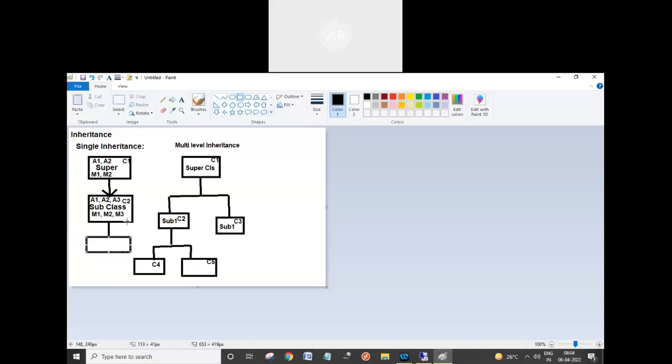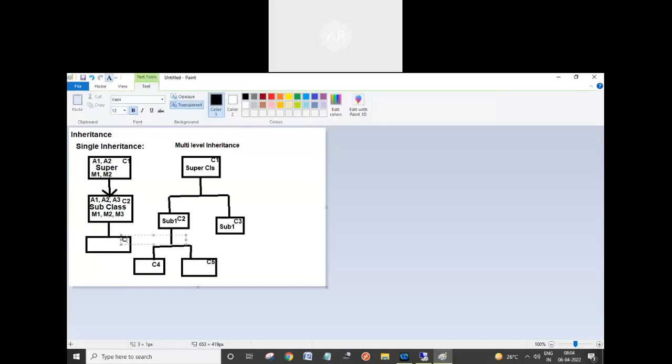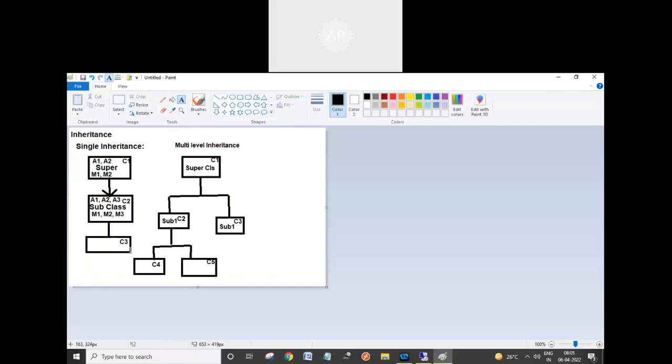C2 is a superclass for C3. Now, C3 contains the public and protected methods of C1 and C2. This is a single inheritance. So one superclass has only one subclass. Okay,